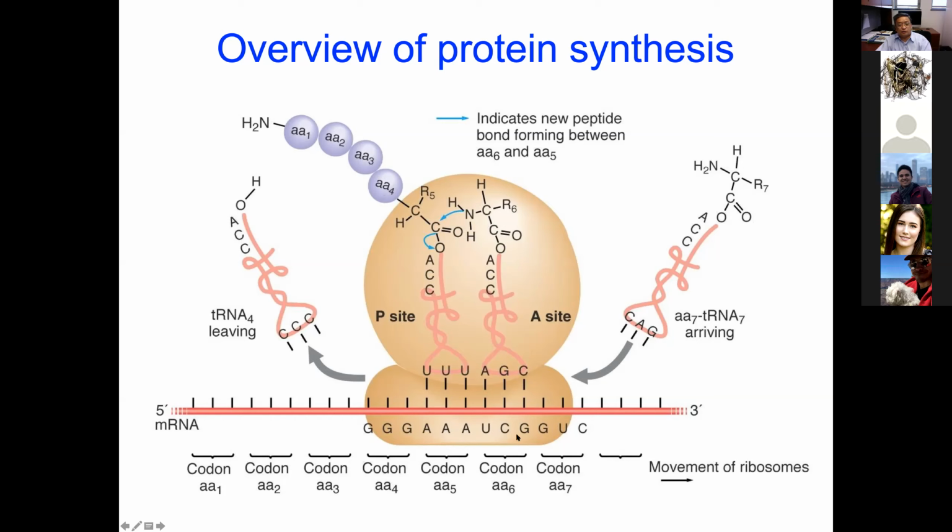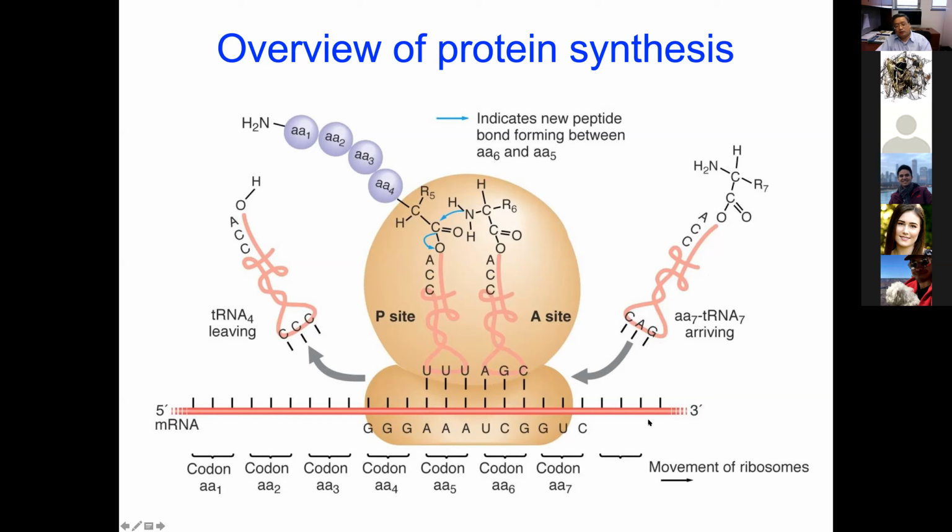And then the ribosome will move by 3 nucleotides, one codon, along the messenger RNA. And then this tRNA will be released from the ribosome. And then the polypeptide chain, which is bound to the A-site tRNA, will be translocated to the P-site. And then another tRNA coupled to an amino acid will come in and base pair using the codon-anticodon recognition, and then another round of catalysis will happen.